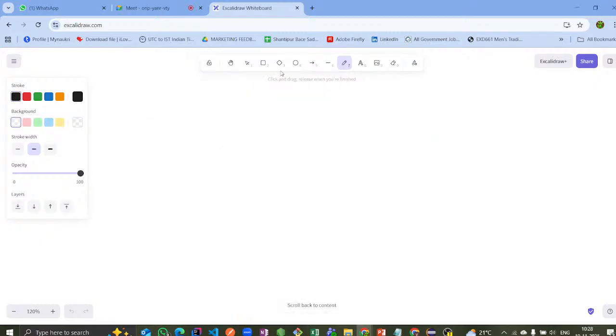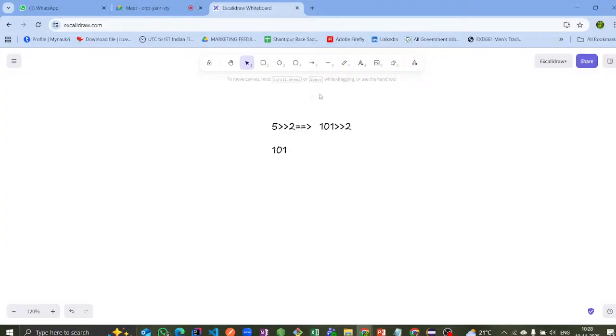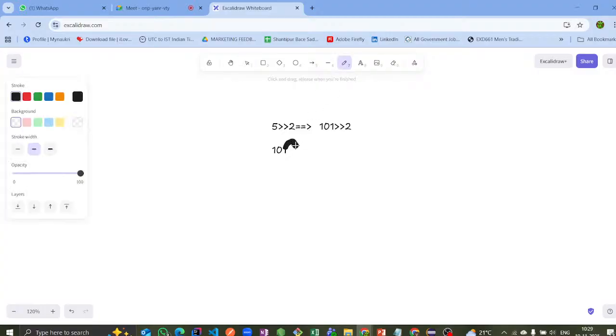Suppose I have 5 right shifted 2. That means I already know the binary value of 5 is 101, but I am performing a right shift of 2. That means this 101,